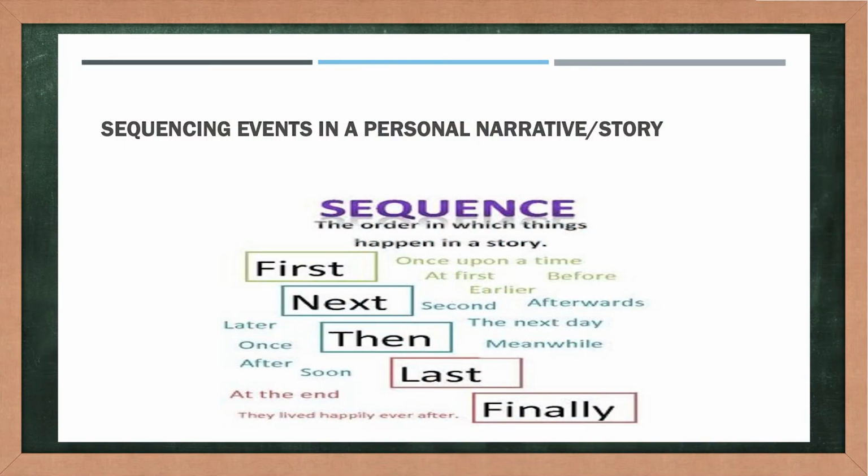Brainstorming can help you. Your brain has umpteen number of ideas inside. You need to put them down so that you can see with your eyes what are the ideas in your mind. A graphic organizer can help you here. You put down your ideas on this graphic organizer. You can always add more details, or you can delete what you don't need. So your graphic organizer can help you sequence your thoughts, whether in speaking or in writing. Now it's time for you to write a personal experience of yours.